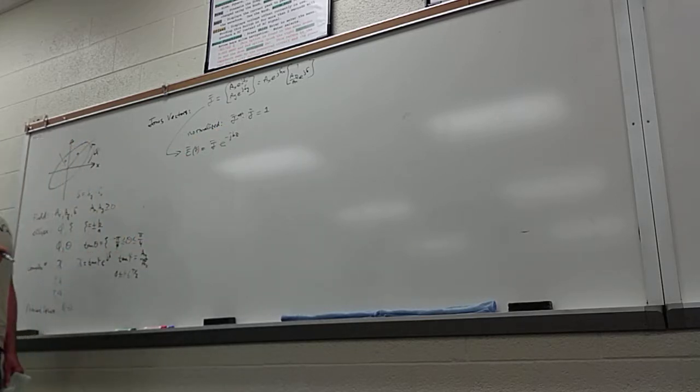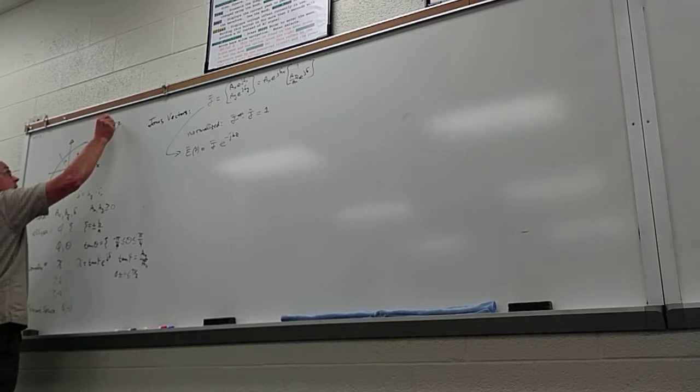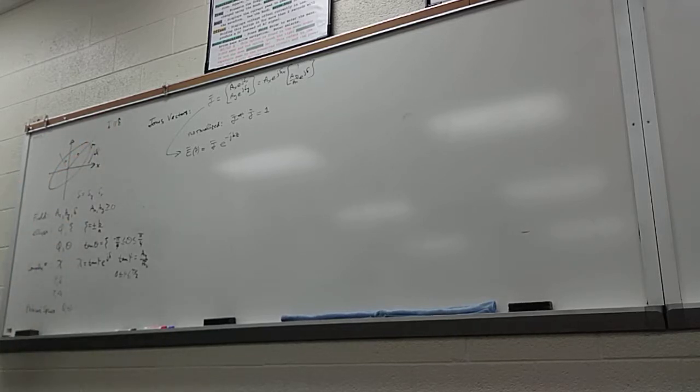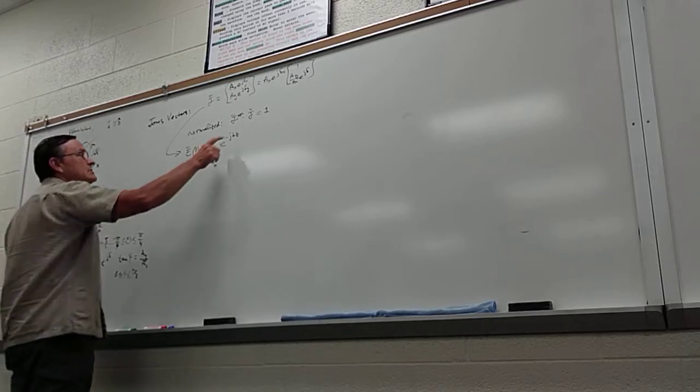Because remember, in all of this, we've assumed that the propagation direction of the plane wave we're considering is in the z direction. So we've assumed plane wave and that propagation direction. Okay. And then we said, gee, if we had a normalized Jones vector,